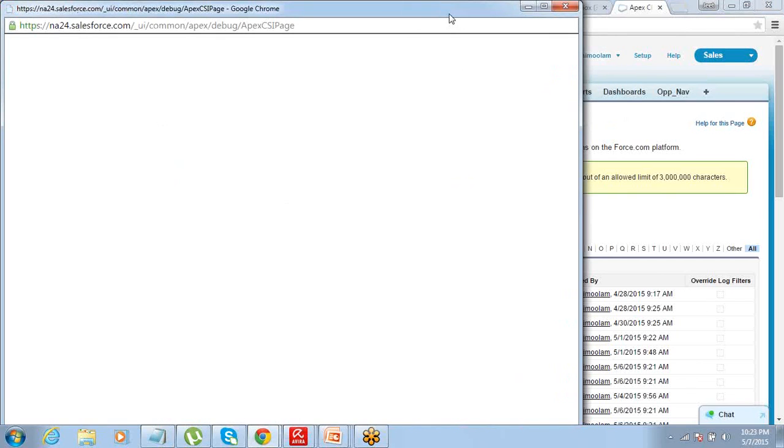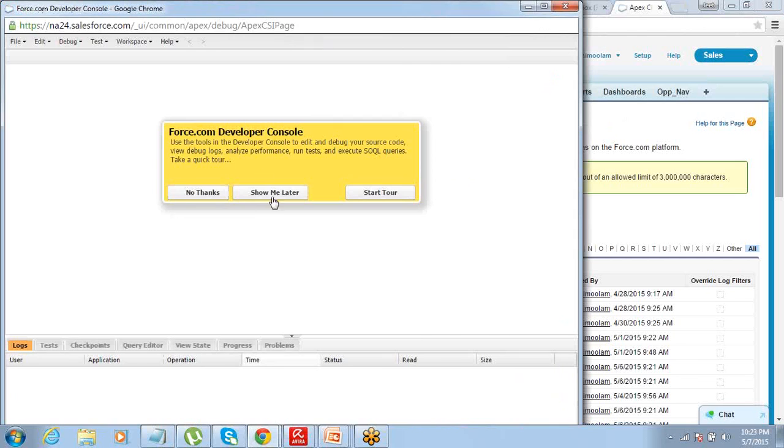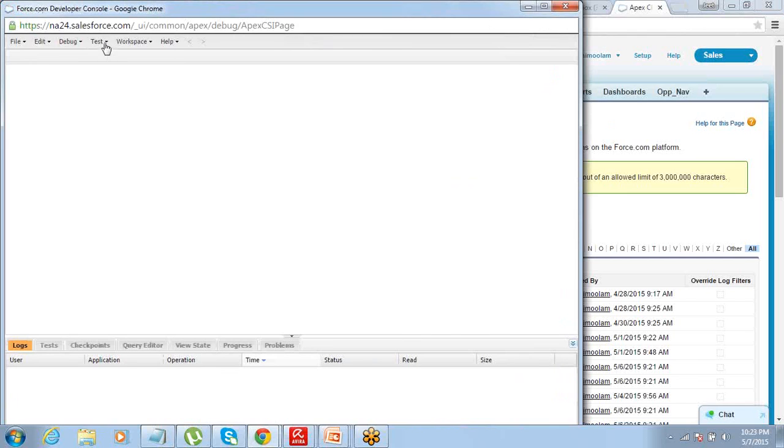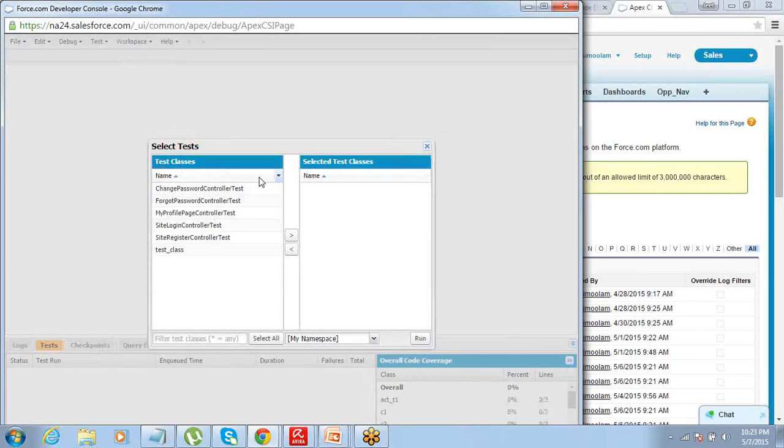On the developer console you have an option of Test. Just click on Test and say New Run. This is my class. You have an option of selecting one of those test classes that you want to run. So just select this one and say run.